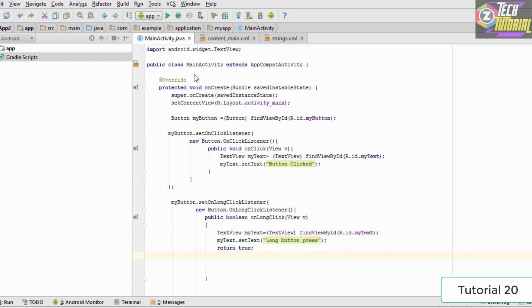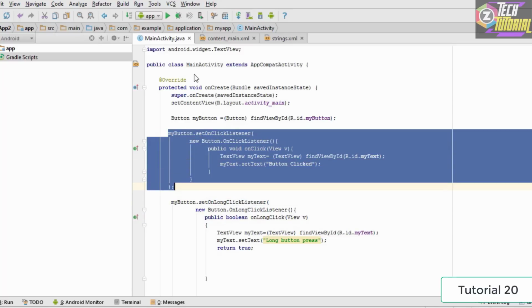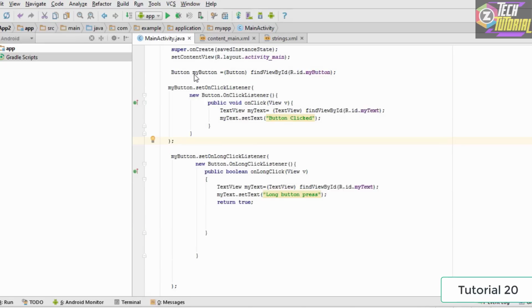So in this tutorial what we have done is that along with our on click listener, we have added another action listener which is nothing but the long click listener which listens to the longer clicks. So right below this action listener we have added up another action listener. So the basic structure of both the action listeners is one and the same. There are a few changes such as the name of the listener, and finally the major difference between the two listeners is that the callback method for this listener actually returns nothing, so it is specified void here. But in case of the long click listener, we need to specify, or we need to return the boolean value. So what we have done is that we have simply returned the value true at the end.